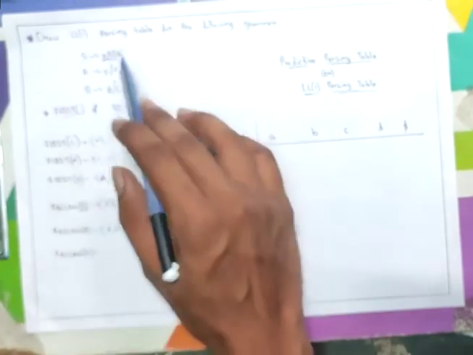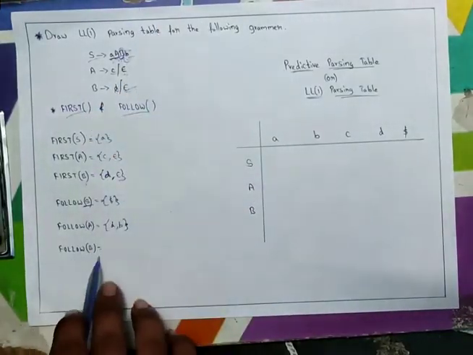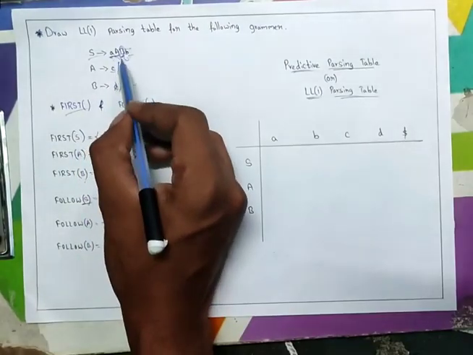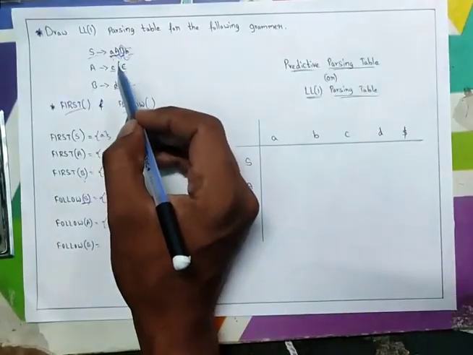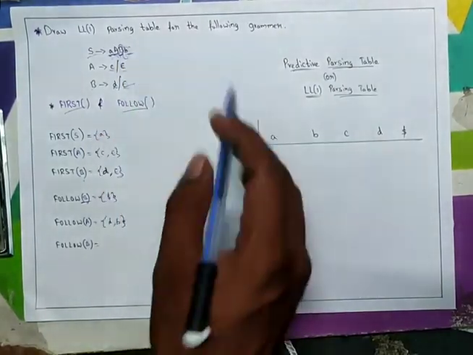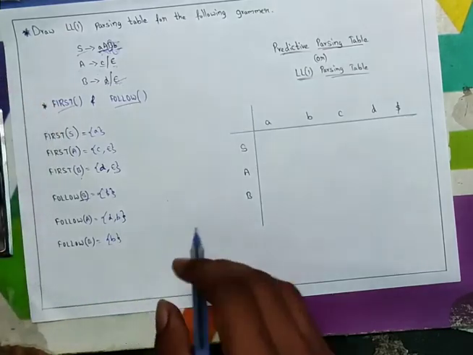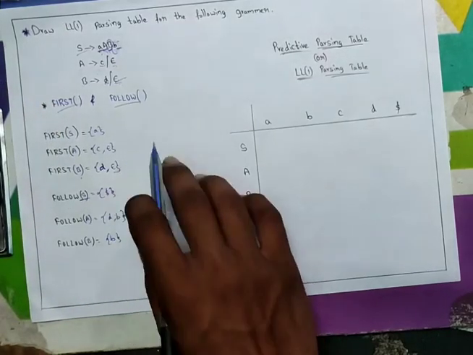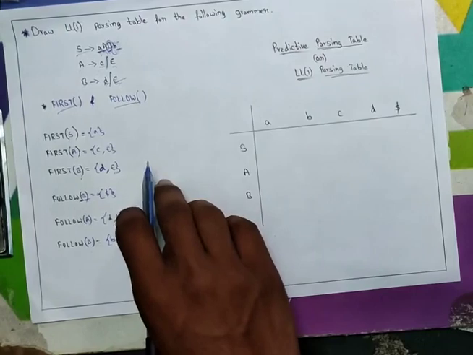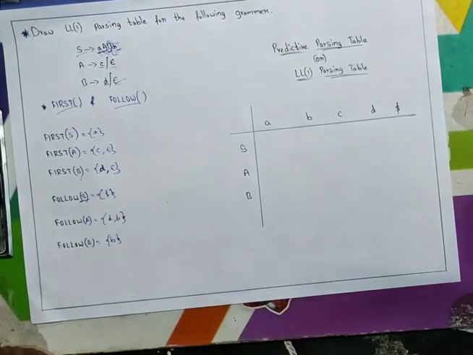And now follow of B. Follow of B means we have to search for the B in the right hand side of the given grammar. Here B is available here, and as it is named as follow, so we have to search for the follow of B in the non-terminal. So follow of B is small b. So we have to just write the small b. Thus these are the first and follow functions which play a major role in creating an LL1 parser table.